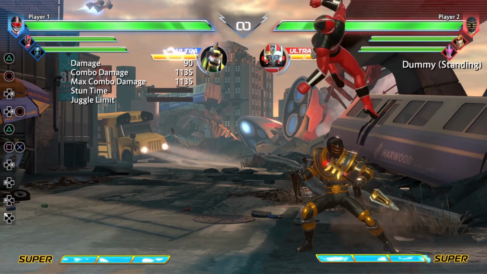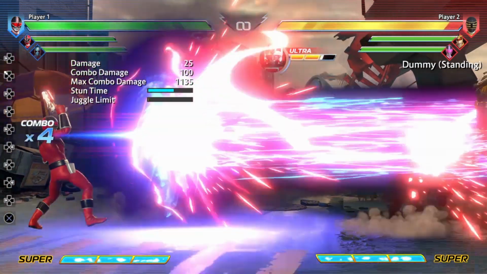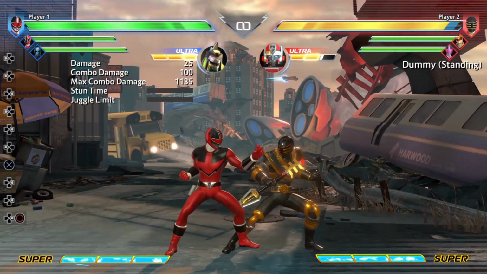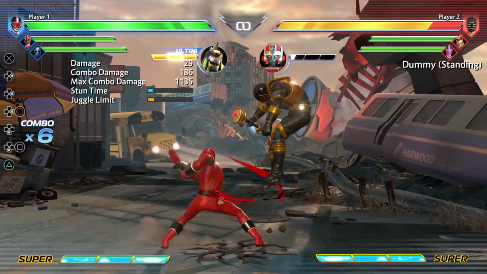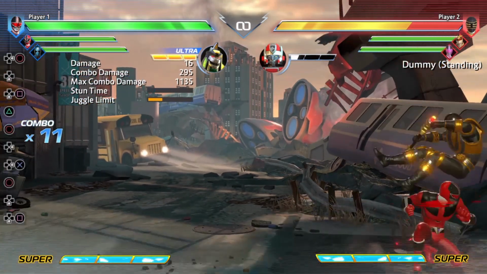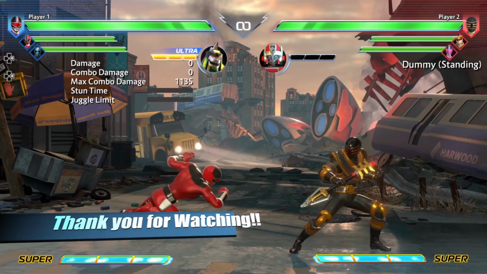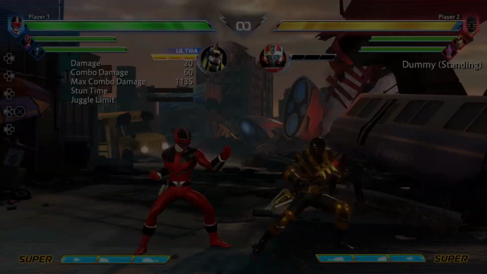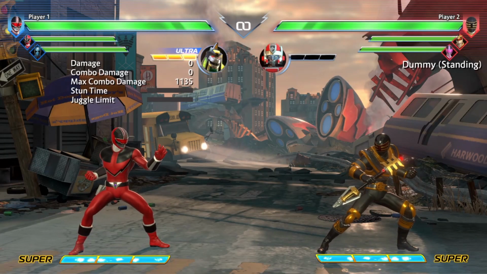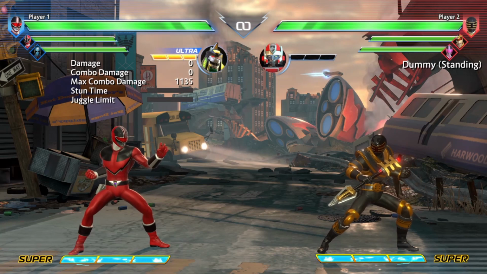Wow, that's really dumb. You see why I think this character is the best character in the game? I got all that off of this. That's ridiculous. If I was actually good at doing the double launcher thing, I could have gotten even more damage out of that. But anyway, guys, that is my official breakdown of sword loops,